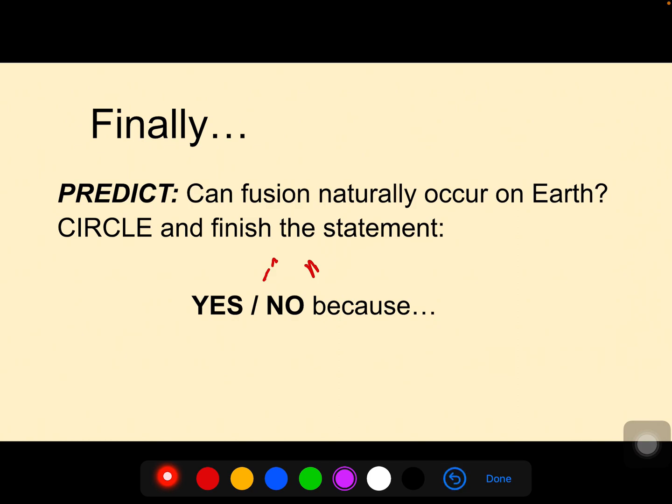So finally here, we are predicting, can fusion naturally occur on Earth? Circle and finish up your statement, what you believe right now, based on our discussion the last few minutes. So choose your yes or your no, and give a little explanation to your thoughts. Wrap this up, and then we're moving on to part